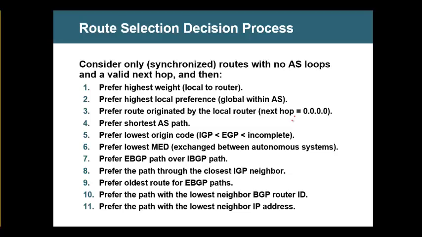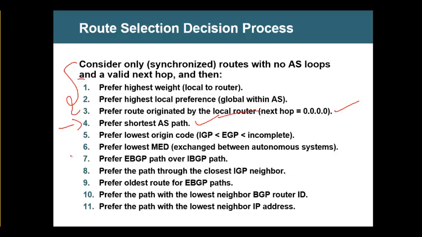What if you don't have 0.0.0.0 as the origin? What if none of the networks are local origin from the local router? It is coming from somewhere. Now it will compare the AS path. See, after checking all this, it comes to shortest AS path. So now you remember why.